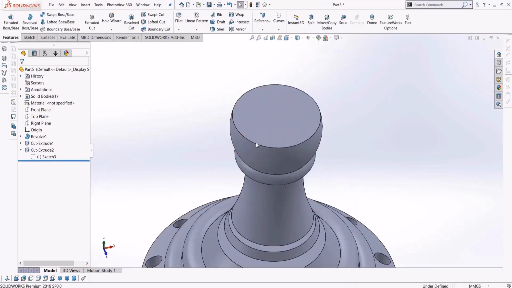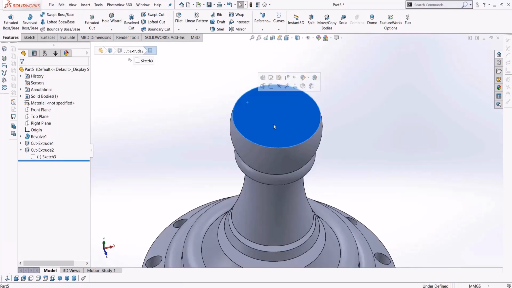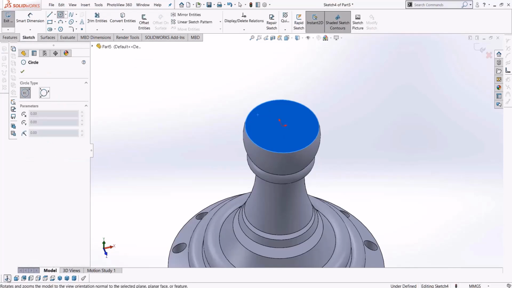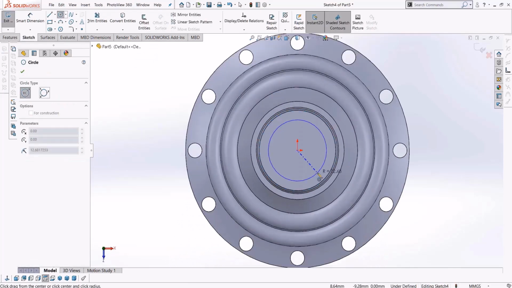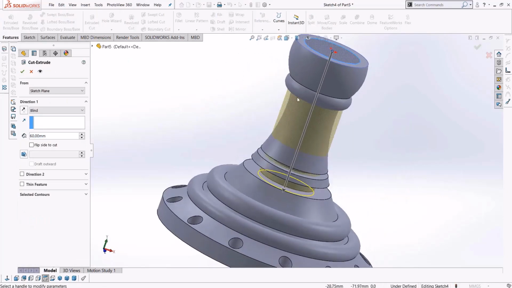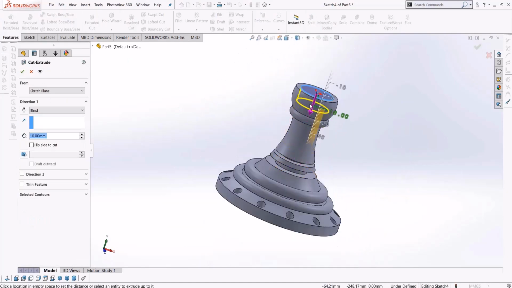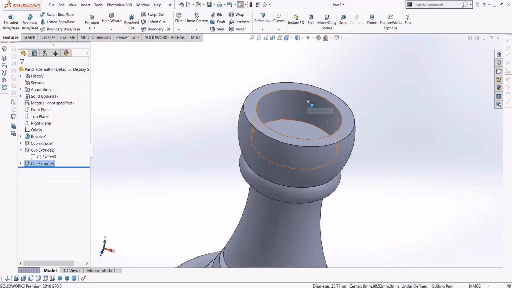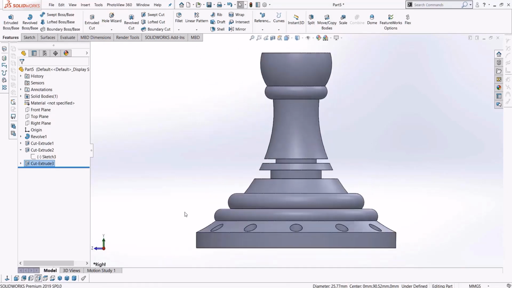Now, what can we do to hollow out this container? The first method is to select this area and say that we want to sketch a circle in this shape. I will perform an extrude cut on it. How much? For example, 10 millimeters. Yes, this hollowed it out. But if we look at it from the side view,